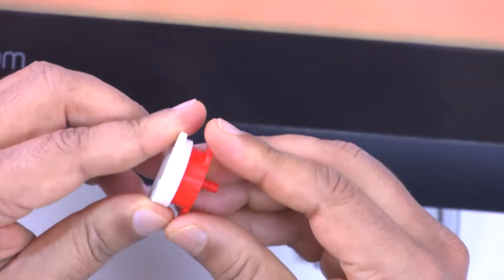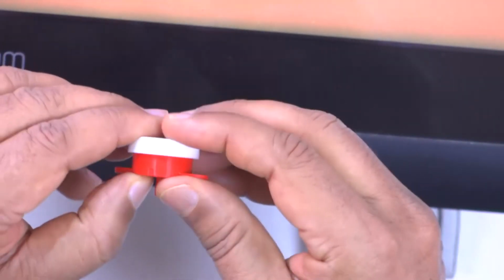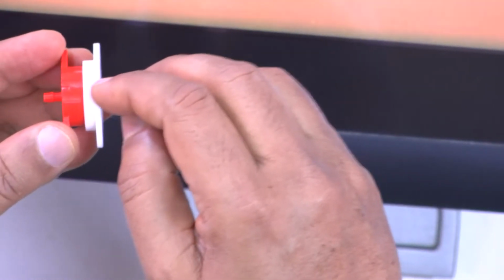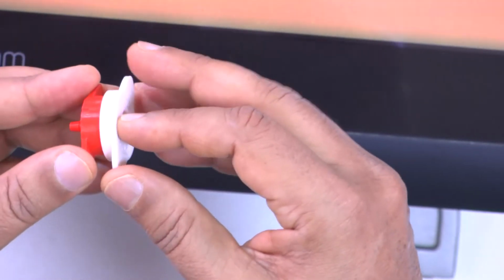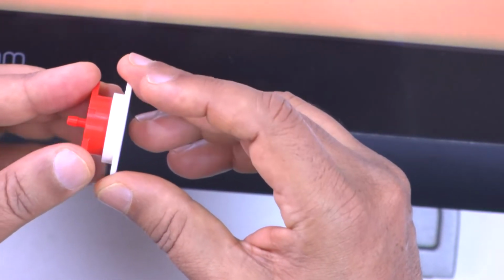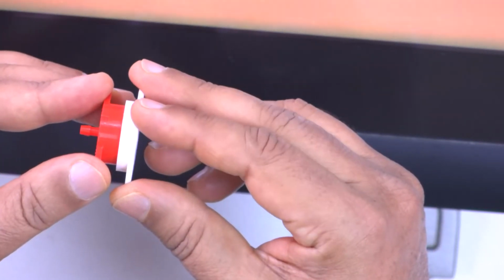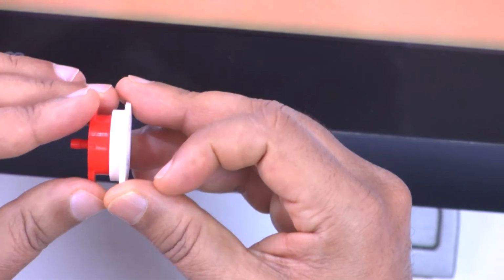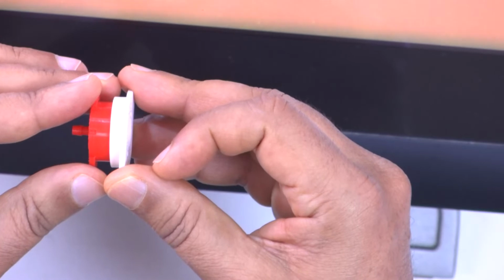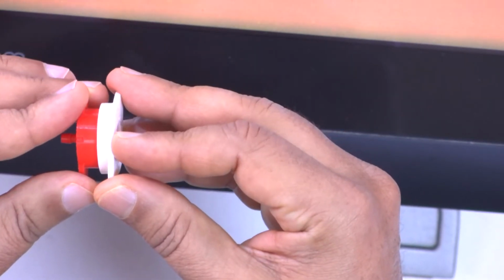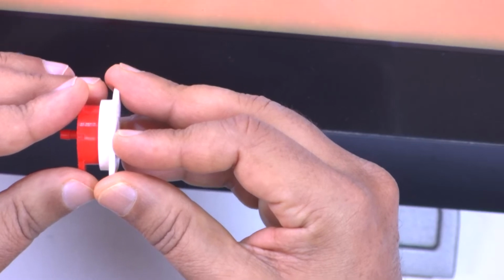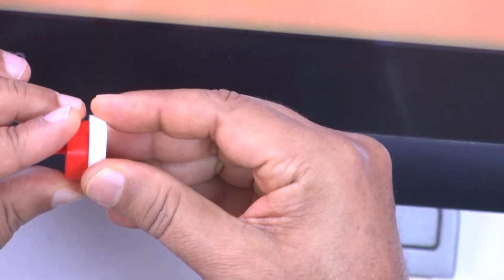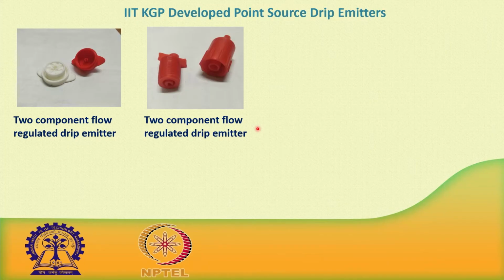Now, here there is one provision: as and when we want to twist, there are some grooves we have made. This groove is actually for delivering the discharge at a predetermined rate. So, this is a flow regulated dripper. What you have seen is that it could be 2 liters per hour, or 4 liters per hour. Here we can have a regulated flow, means whatever flow we want to give to a plant, accordingly we will twist and put it at a particular location. So, this is a flow regulated dripper.